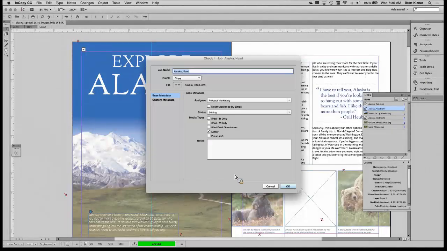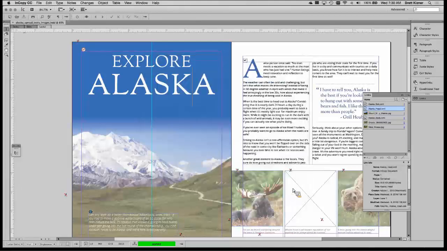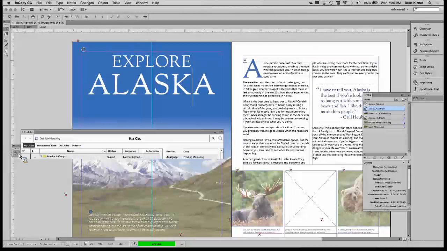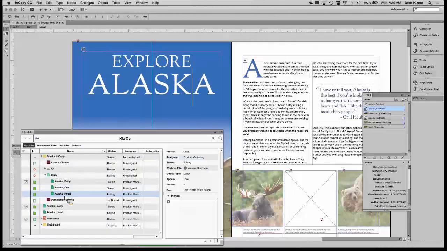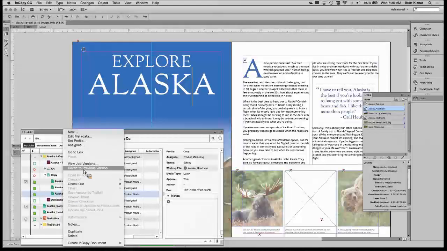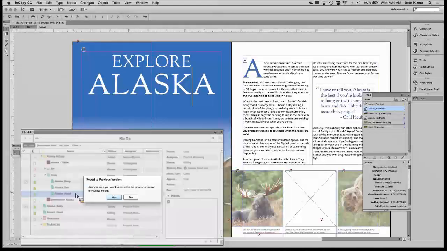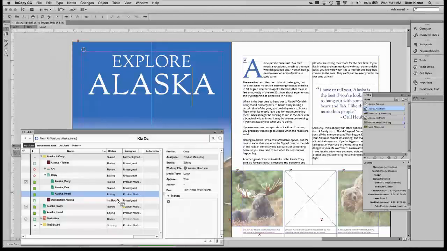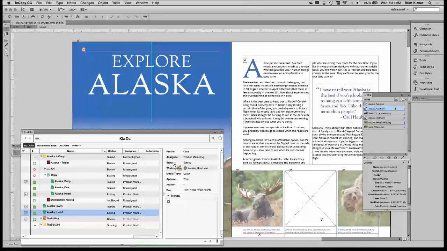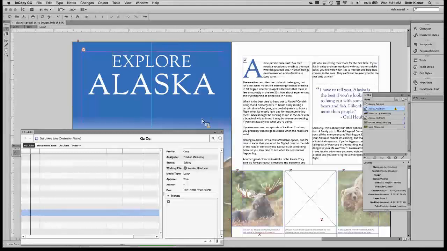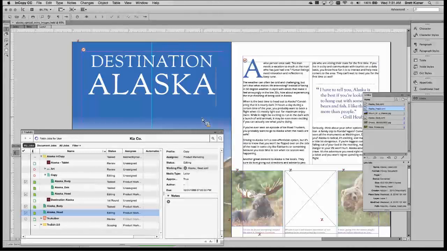Go over into Adobe InCopy, and you'll see here I already logged into the TruEdit panel, and I can see here the different jobs that have been assigned to me, including the Alaska InCopy project. And inside that project, you'll see here I've got an InDesign layout, I've got copy, I've got artwork. Right here within InCopy, I have multiple ways to access that content. I can see the individual InCopy files, and if I wanted to, I could check those out. And when we do that, TruEdit knows that that copy is connected to this layout, and it will automatically show the content within the context of the layout.